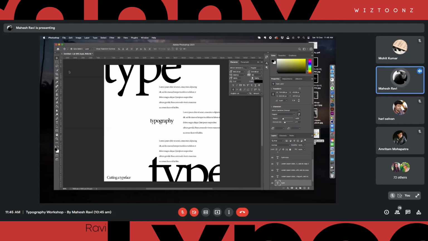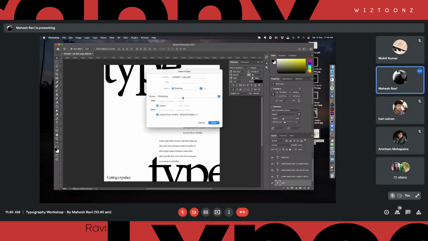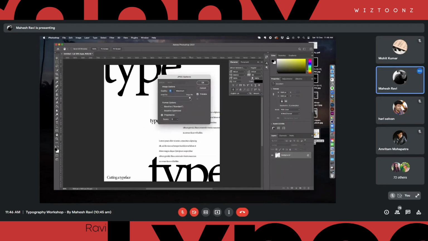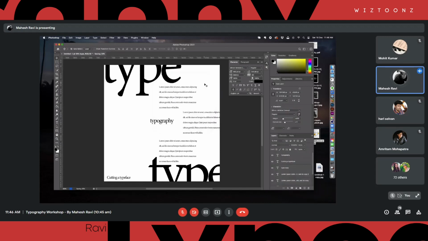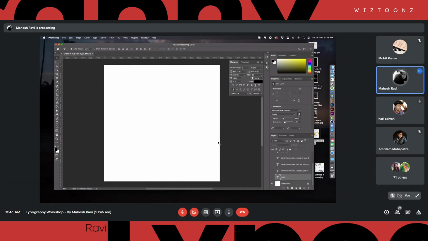So, cutting the typeface. I'll show you another example of cutting the typeface. Let's go to desktop and save it as a JPEG. Okay, now let's forget about all of this and try something else.